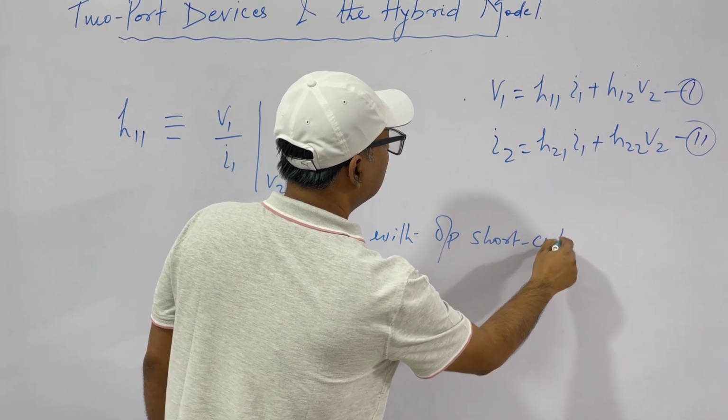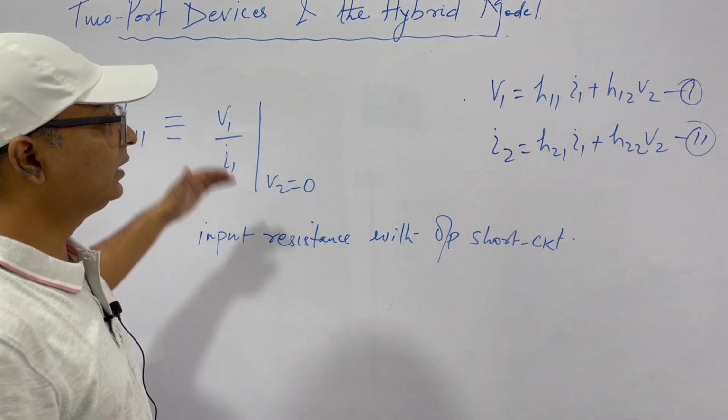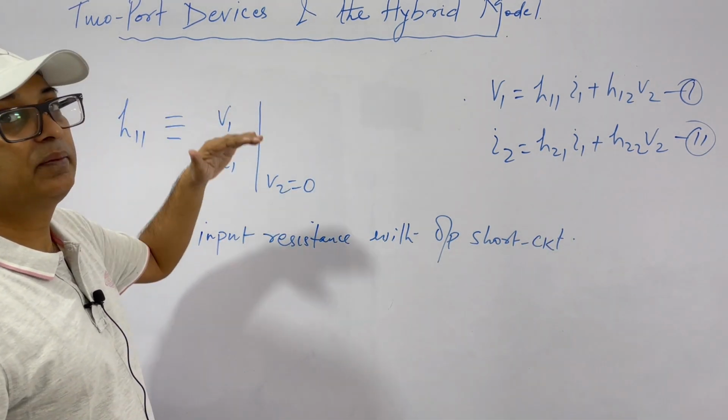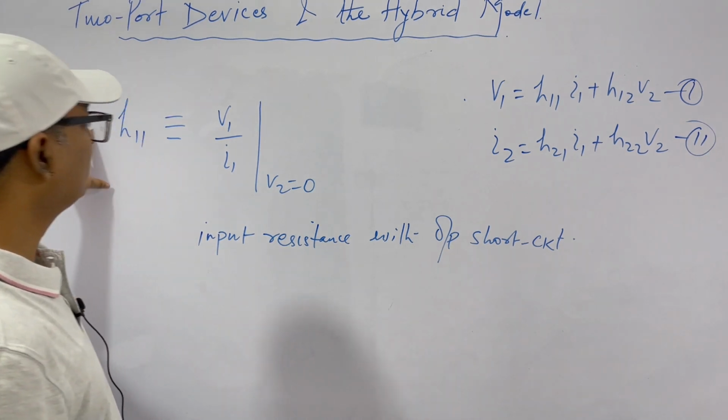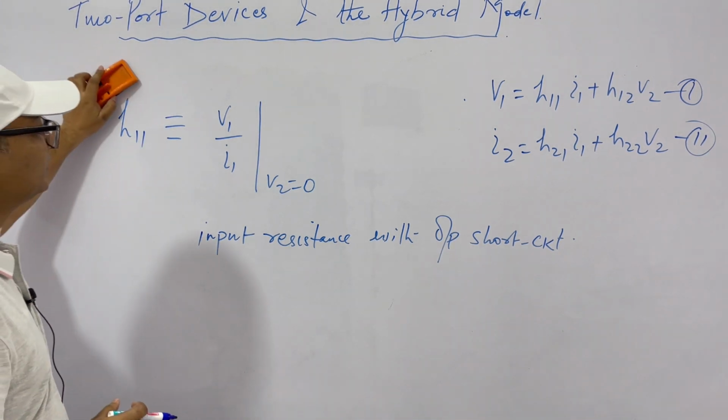Clear? You have to understand this. When you understand this, then you will be able to understand the hybrid model of the transistor. Clear? Now, second,